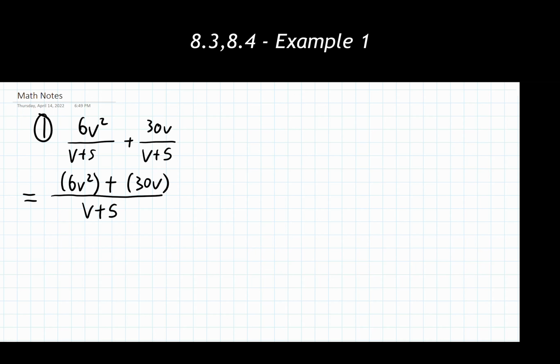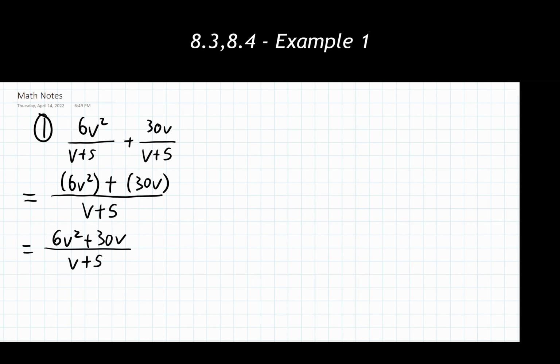So I'm looking at this and saying, okay, well, I've got parentheses. Can I simplify or have any distribution going on? Well, nothing's going to change there. I can't do anything to simplify this 30v down, so that's fine. If nothing else, I'm going to rewrite my numerator just without a set of parentheses. I can't combine any like terms in the numerator spot. That's fine, but I'm just rewriting it a little bit for myself. There's nothing wrong with taking steps to rewrite problems. If you need to do that, please do. A lot of people try and skip steps or do it in their head, and I tend to find that's where errors show up. So let's avoid those if we can.